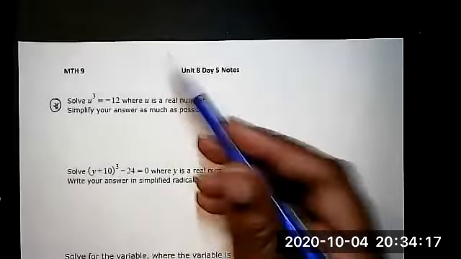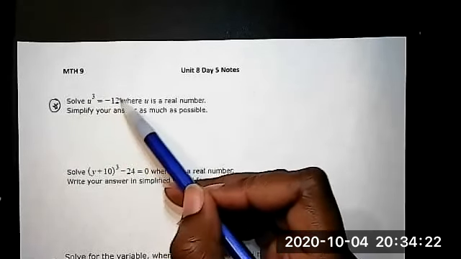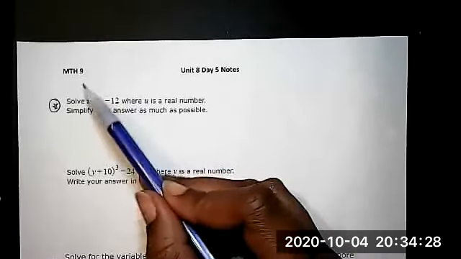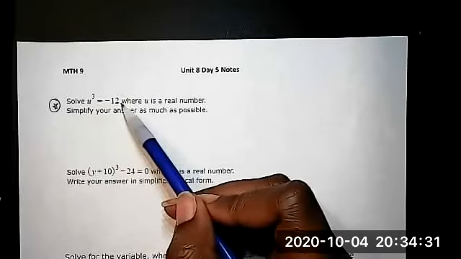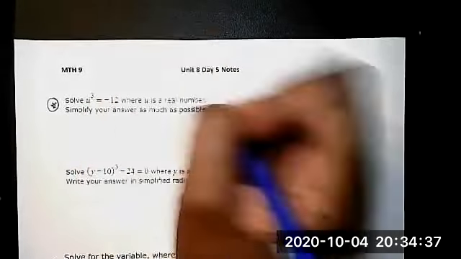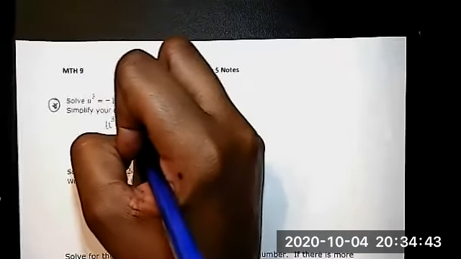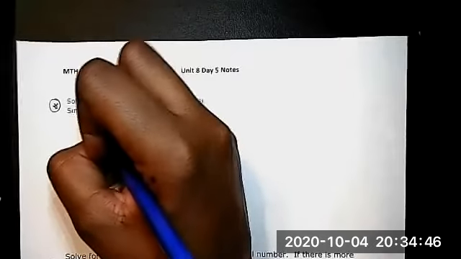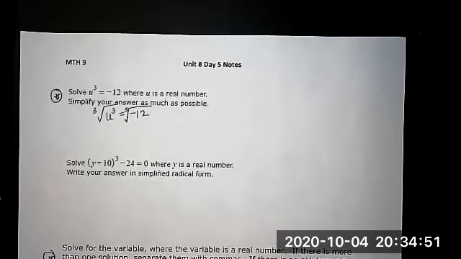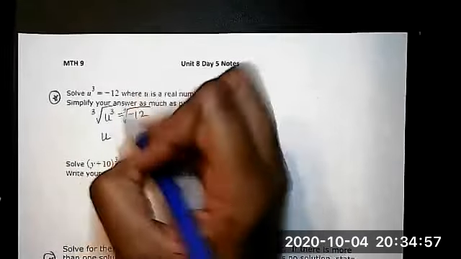All right, so here, solve u cubed equals negative 12, where u is a real number. Simplify your answer as much as possible. Can that situation equal a negative? Yes, that is definitely possible. Anytime you have an odd root, it can equal a negative number. So what you're going to do with u cubed, because we want to get u by itself, is take the cube root of both sides. So this now becomes u equals,